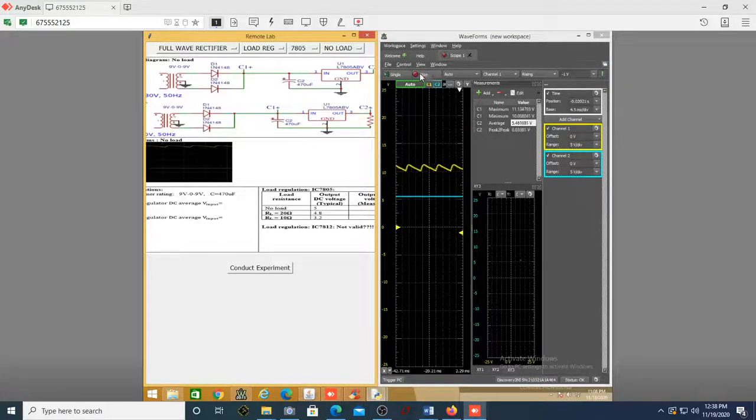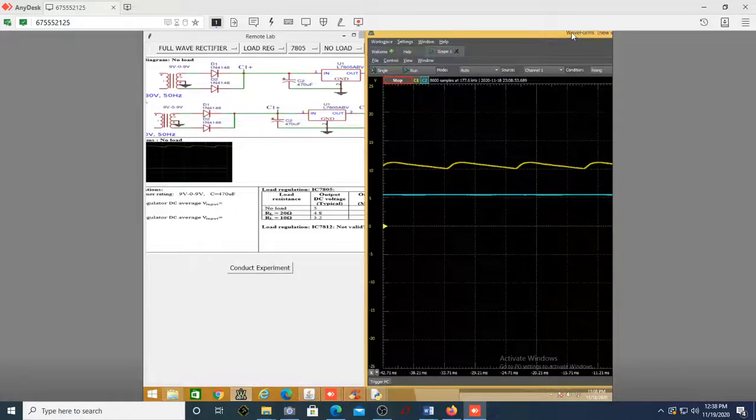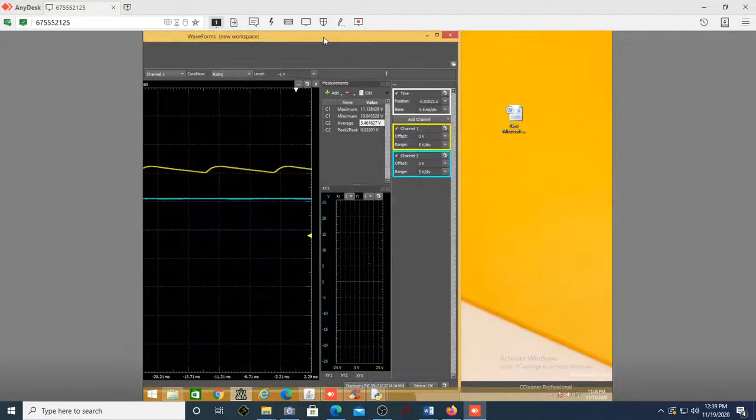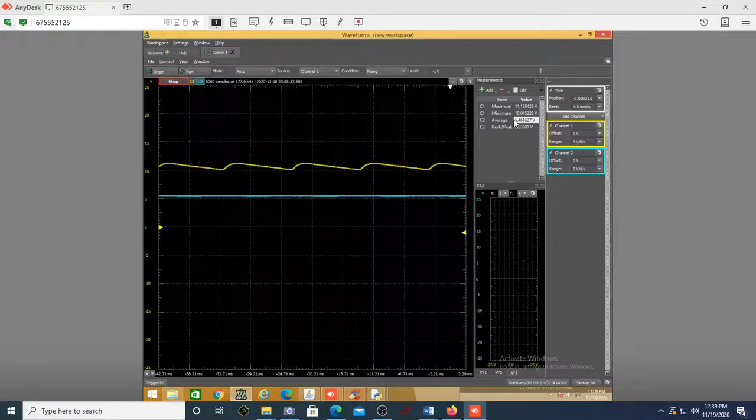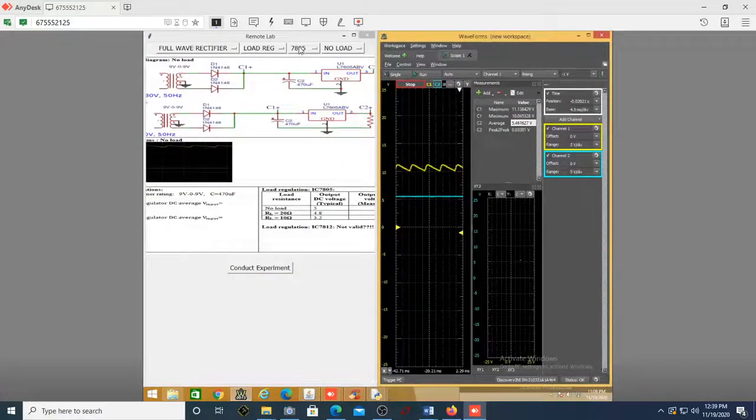Of course, you can see here, is the output voltage constant? Can you see the output voltage is constant at 5.4 because the input voltage is always above 6.8. You can see the minimum voltage is 10. This is always above 6.8. That's why I'm getting a perfect constant voltage of 5.4. Suppose I do it for 7812, let us see the issue.